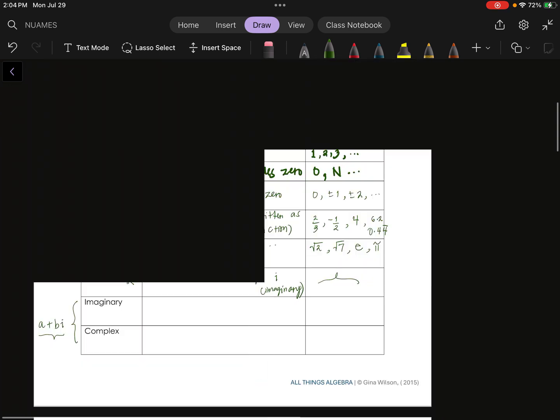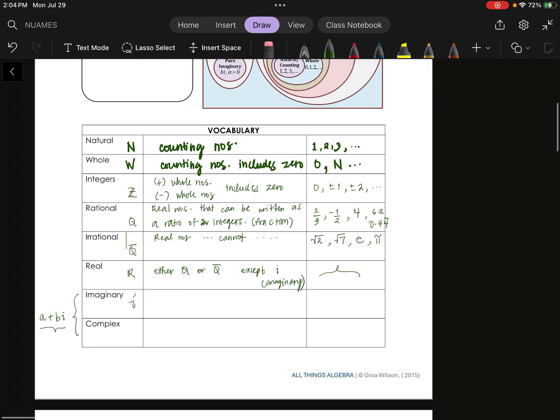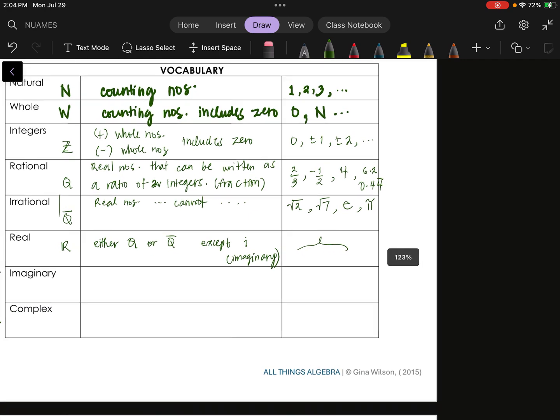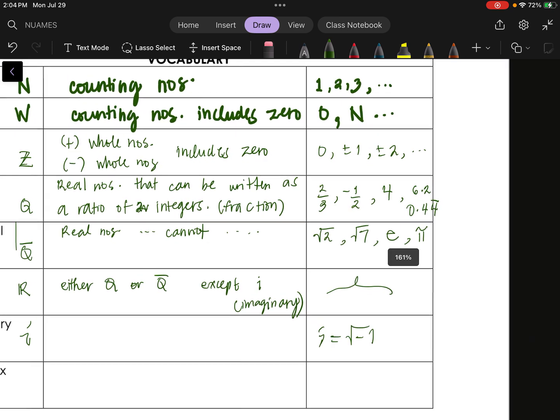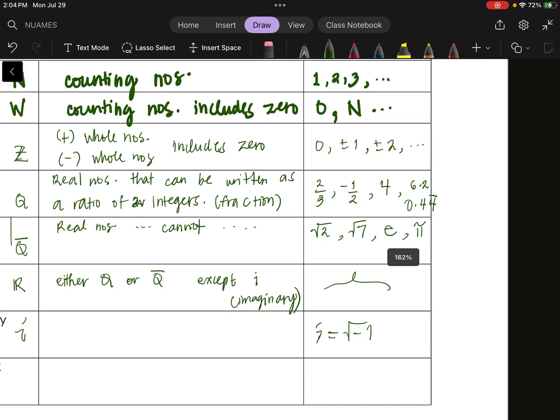Okay? So when can something just be an imaginary number? Well, an imaginary number would look like this. i is equal to the square root of -1. So anything that has a negative radicand makes an imaginary number. So an example of this would be 3i, the square root of -2,